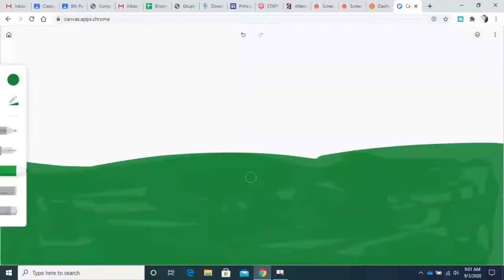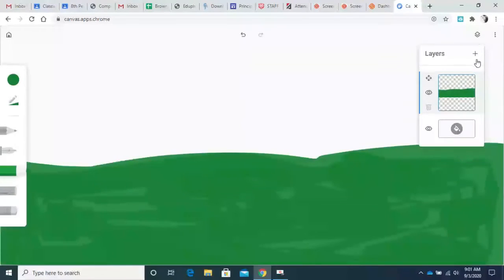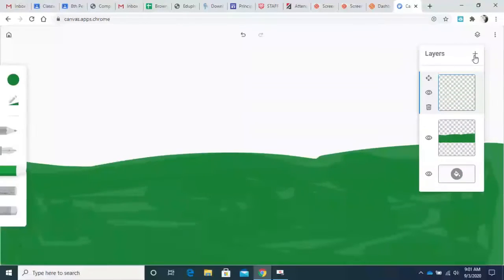This is my grassy field, and what I'm going to do now is come up here to layers. It's in this top right corner. It's like a square with a little line underneath it. I'm going to click it, and you can see I have one layer. I'm going to add another layer on top of it. So here we go. Here's my second layer, and I'm going to come back over here, and I'm just going to draw